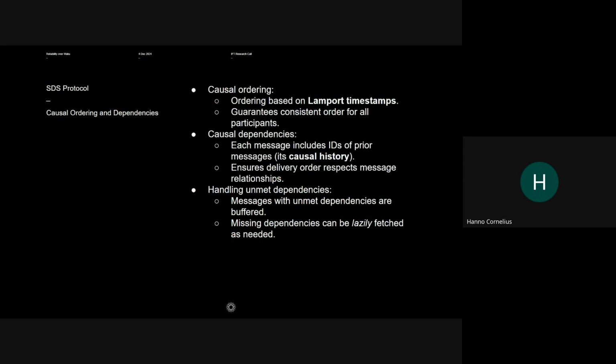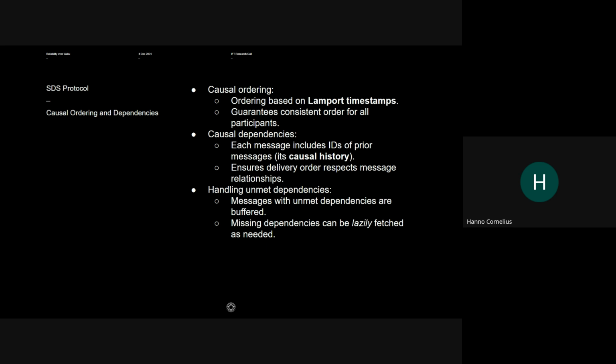Okay. So yeah, to go in a bit more detail, what happens then at the recipient? The recipient now receives a message with this protocol, and the first thing it can do is use the included Lamport timestamp, this logical clock, to order the message inside its own local log. And yeah, this then guarantees a consistent view of the order for all participants in the group communication.